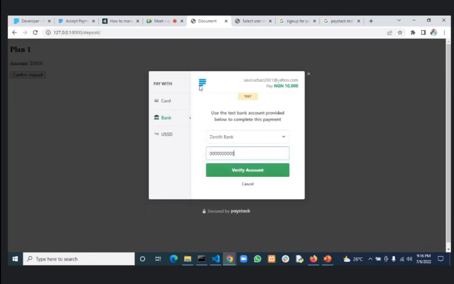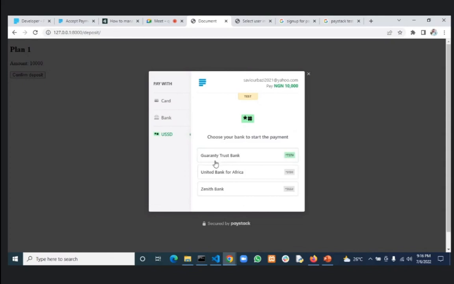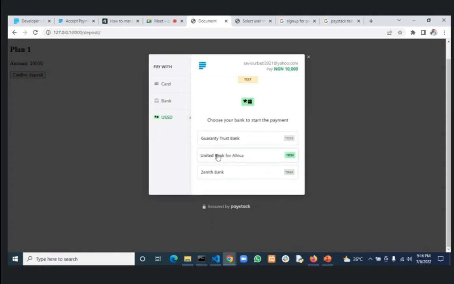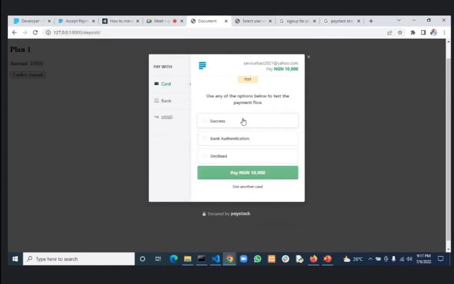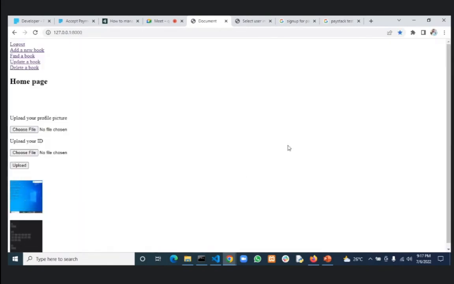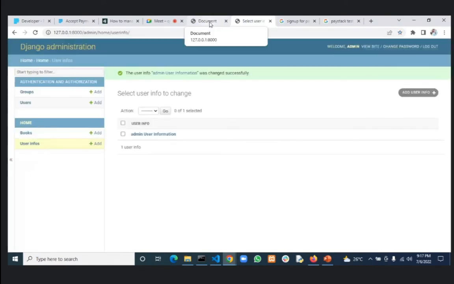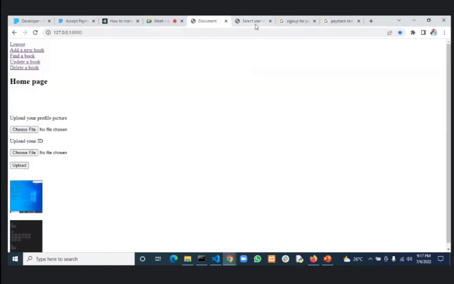We have some payment options here. We have bank, or we have USSD, and what happens here? It will generate a payment code for you, and then you just get it on your phone and it will get activated. But in our case, let's just stick with the card. So I click on card of success, and then click on pay, and then it says successful, and then what happens? It takes us back to home. So that was successful and that was good. But so far we haven't actually kept track of